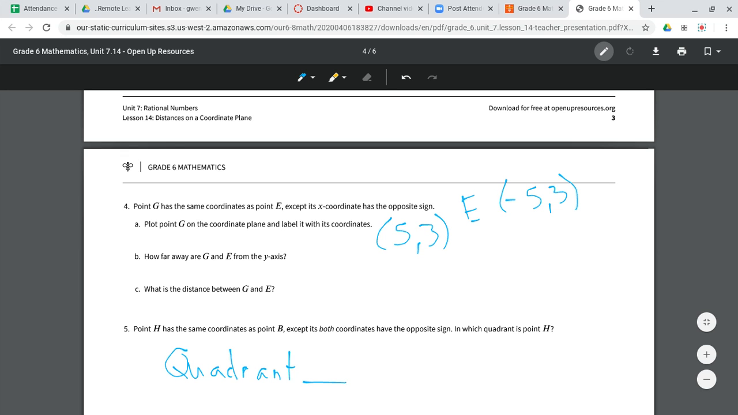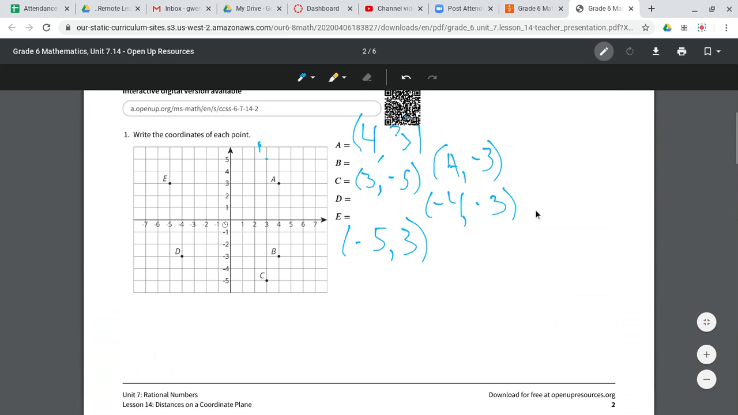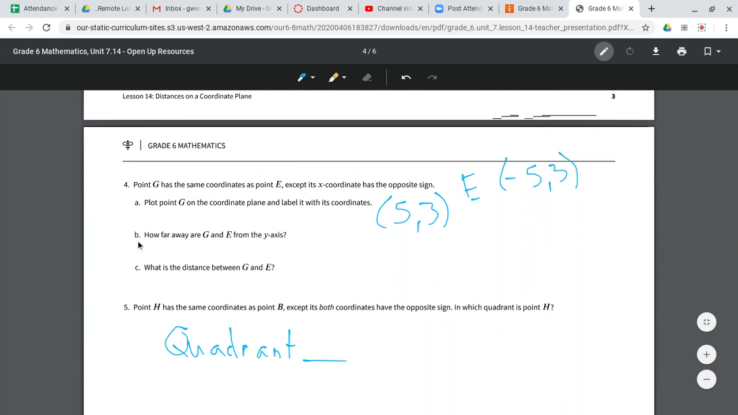So we'll go back up there and plot +5, +3. So we start at the origin always. We go over 5, and then we're going to go up 3. So right there is our point G. Excellent. All right, so now looking back down here, our next question is, how far away are G and E